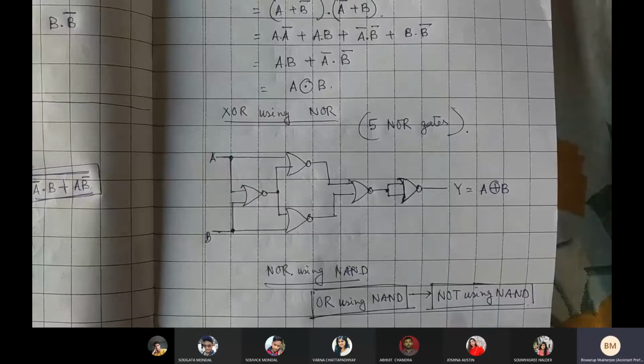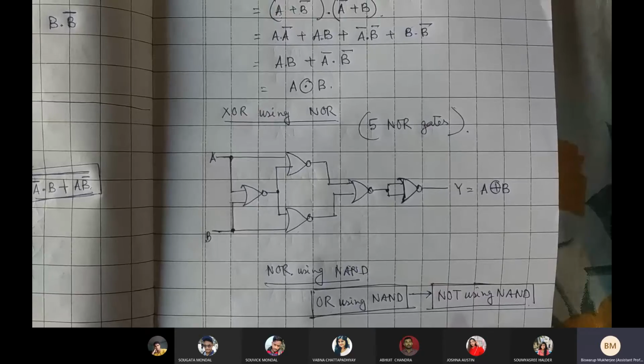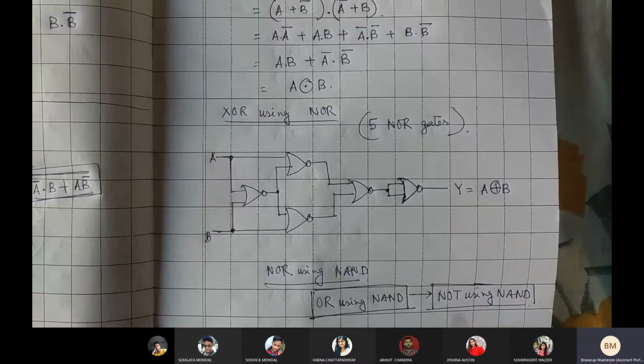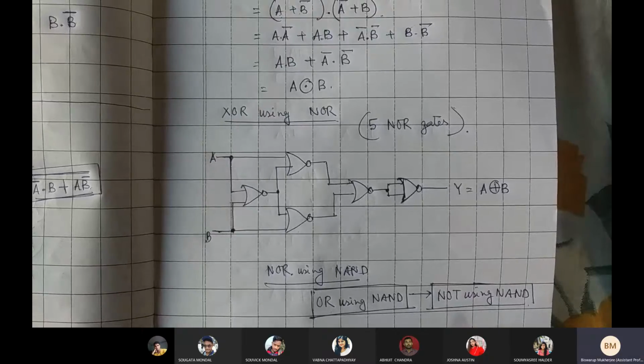Why are universal gates so popular? Why are we trying to implement AND gates, OR gates, NOT gates, and XOR gates using NAND itself? Can an AND gate be useful? Why should we use this? Because we have seen that there are multiple gates we use to make one particular AND.